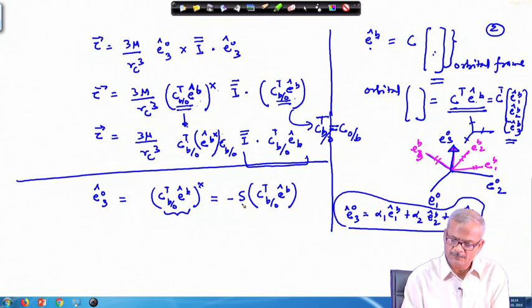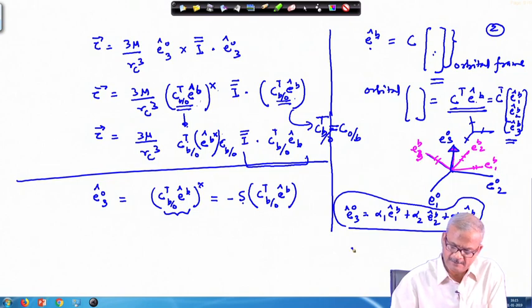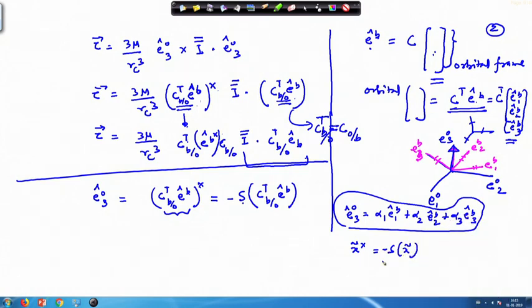Yes, we have changed it to a matrix there, where S is the skew symmetric matrix. We are using the earlier definition that any vector x tilde cross will be equal to minus, this is the notation we are using. If we use this notation here,